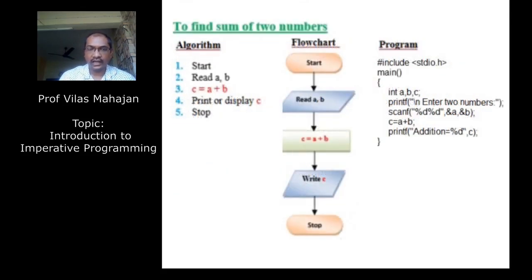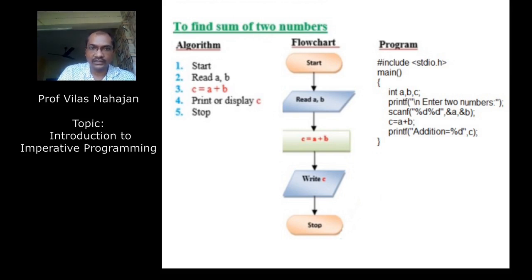If you see here in a diagram, there is clearly written algorithm. This algorithm is nothing but a set of instructions written in a plain language, as we have seen in the earlier slide. Here some instructions are written to perform the sum of two numbers. In the algorithm, the first instruction is start, read two numbers a and b, their addition will be performed, the sum will be performed, and the result will be kept in variable c, and the same will be displayed using the instruction either print or display, and then stop. Algorithm starts, algorithm stops, and in between some instructions are written to perform a particular task.